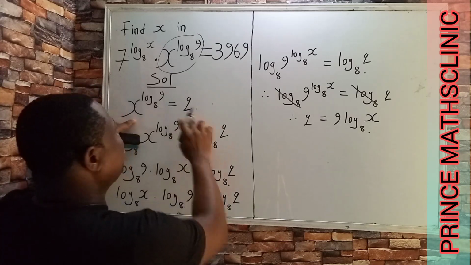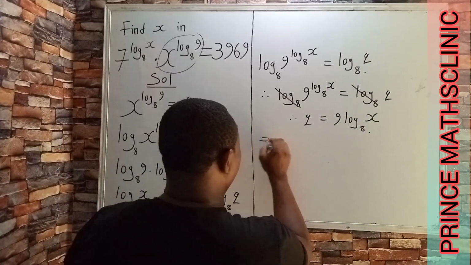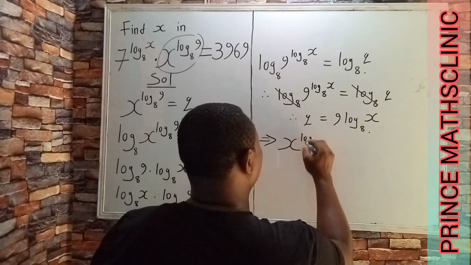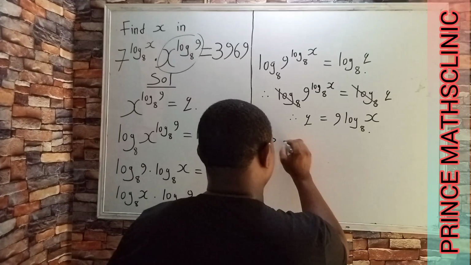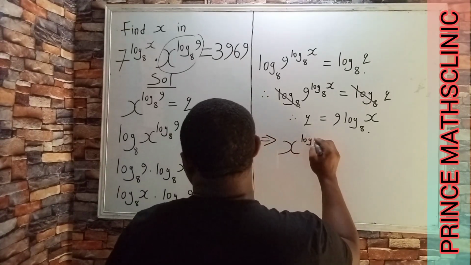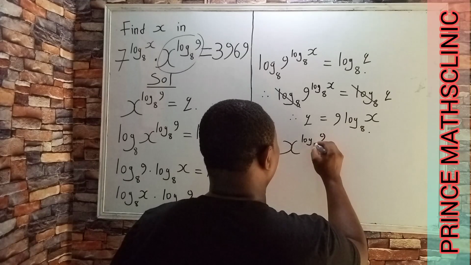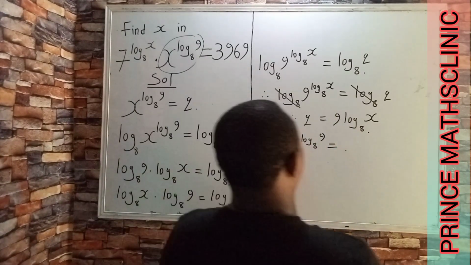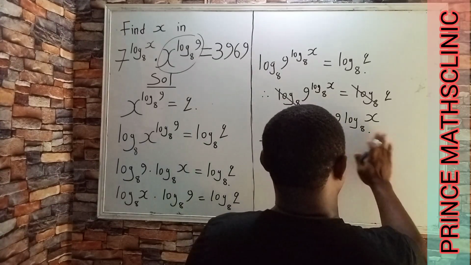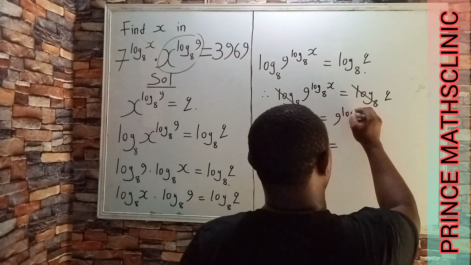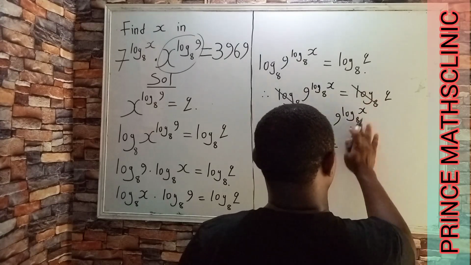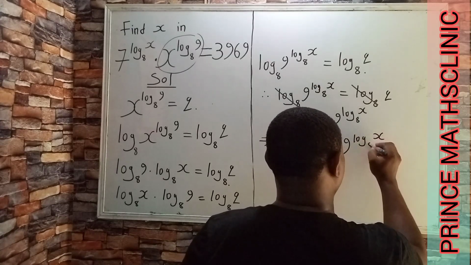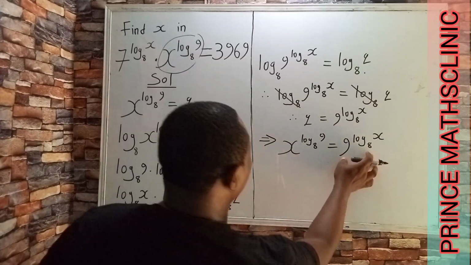So what does it mean? It means that if this is q, this implies that x to the power of log 9 to base 8 is equals to 9 to the power of log x to base 8. Remember, this 9 is carrying this log as a power there. So this becomes 9 to the power of log x to base 8. So if these two are equal,